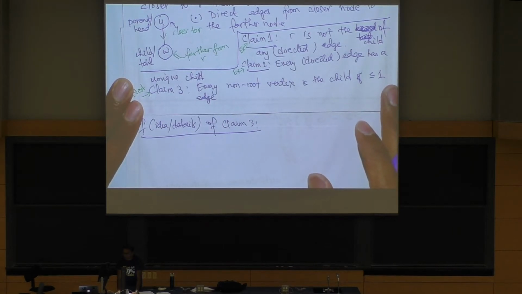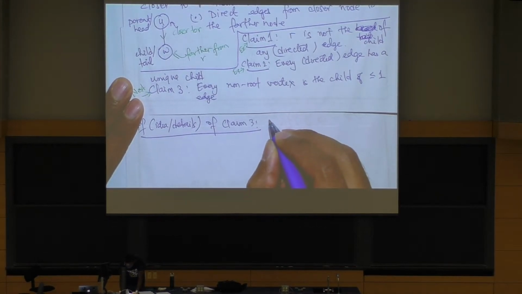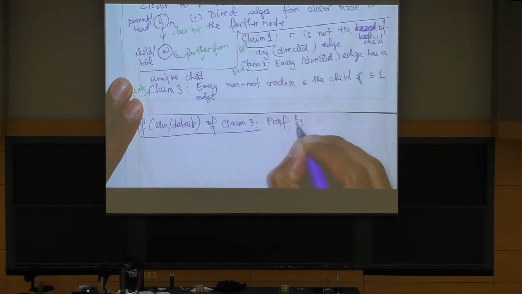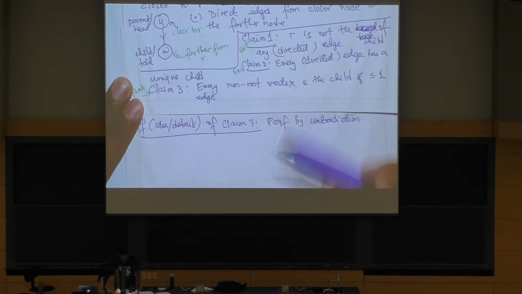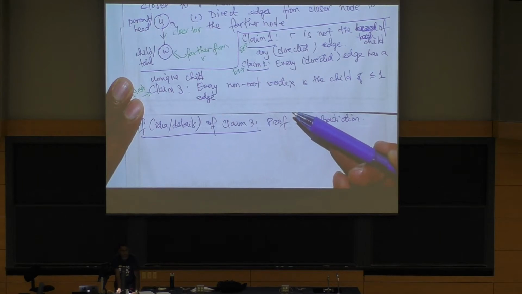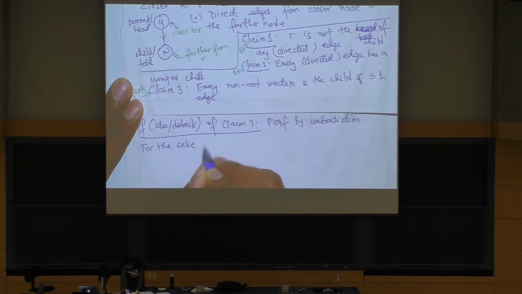So any guesses what kind of proof technique we'll use? Contradiction. As I said, whenever I ask this question, if you say contradiction, you're 90% going to be right. All right. So we're going to do proof by contradiction. So to prove by contradiction, we have to assume the negation of what we want to prove. So we want to argue that there is at least one vertex which is a child of 2 or more edges. Okay. So for the sake of contradiction,